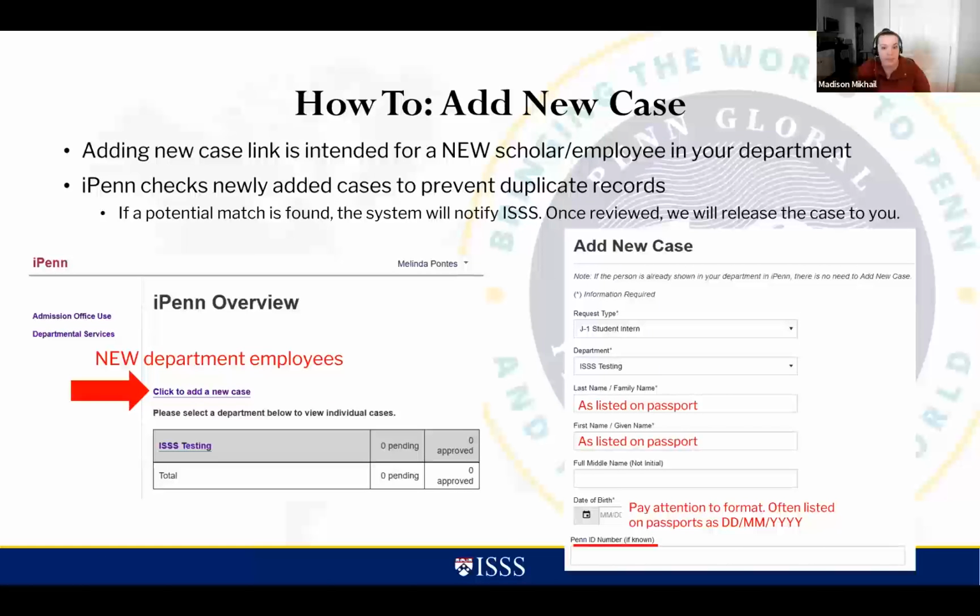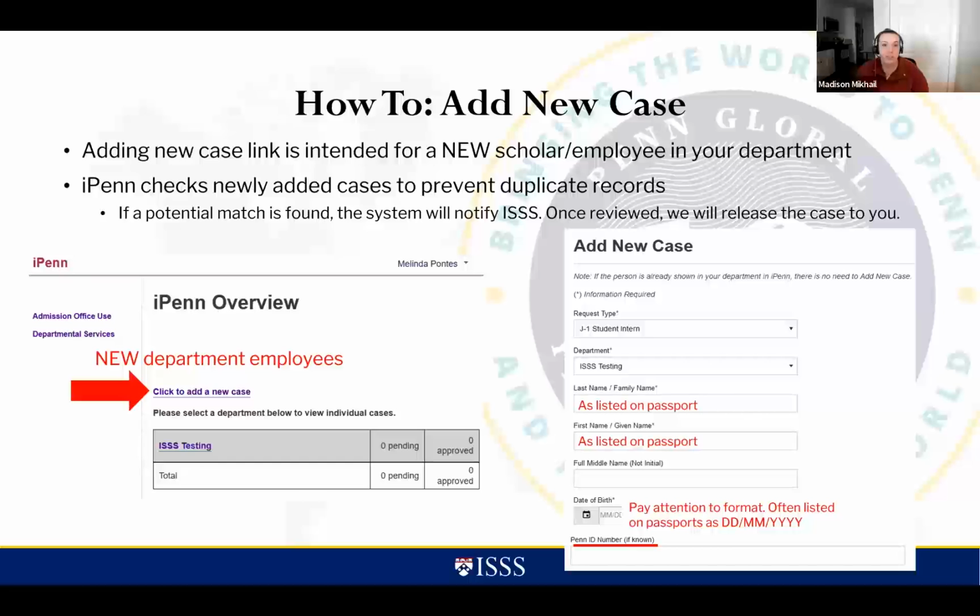And then the Penn ID number, if known. I know that a lot of the time, especially if it is a scholar, like a scholar postdoc who hasn't arrived yet, for whatever onboarding process you're doing, they most likely won't have the Penn ID number yet. If by any chance you happen to have it, that would be awesome to input it, but it is normal, and I'm sure as many of you know, for onboarding purposes and hiring, that